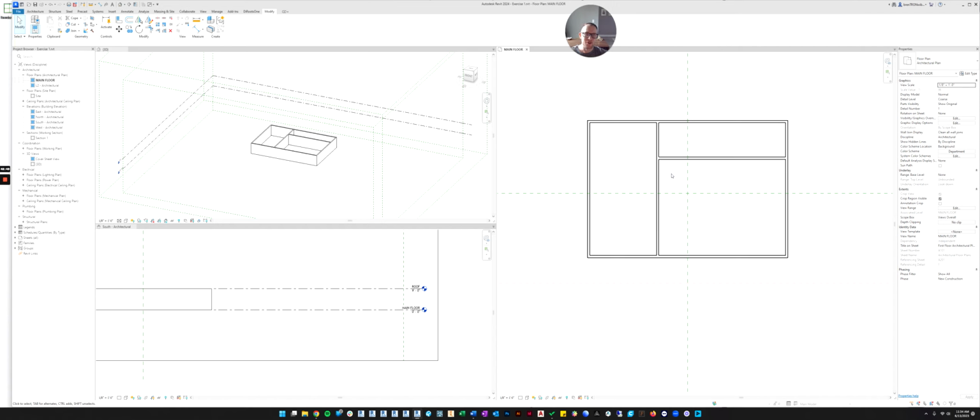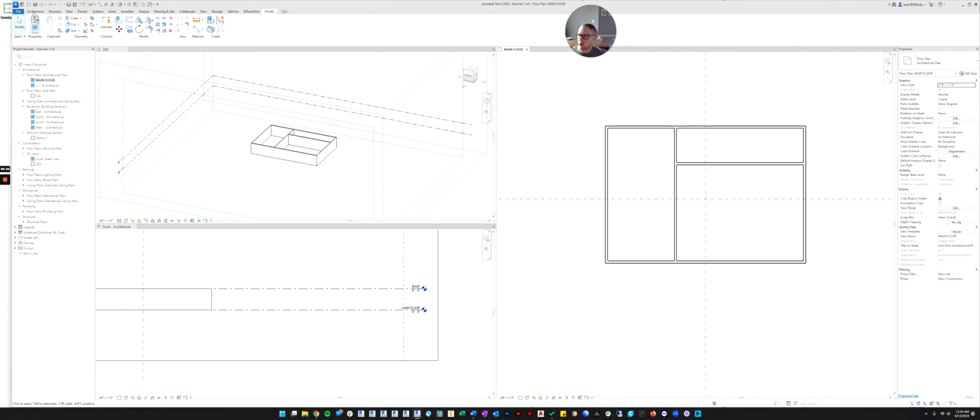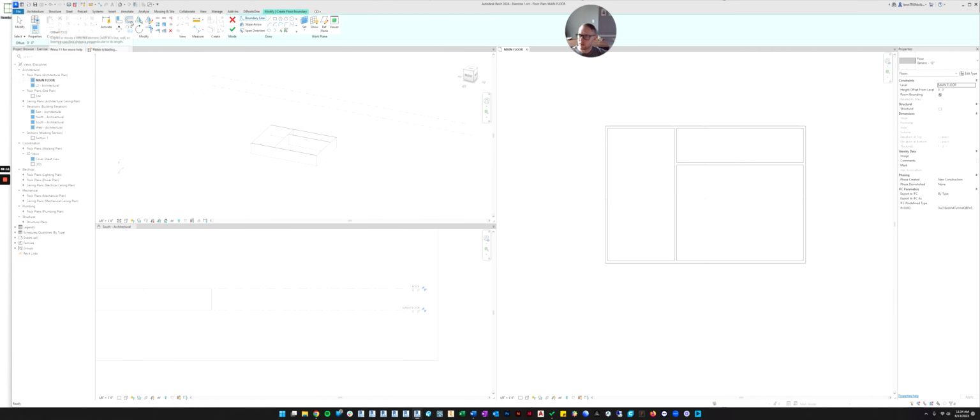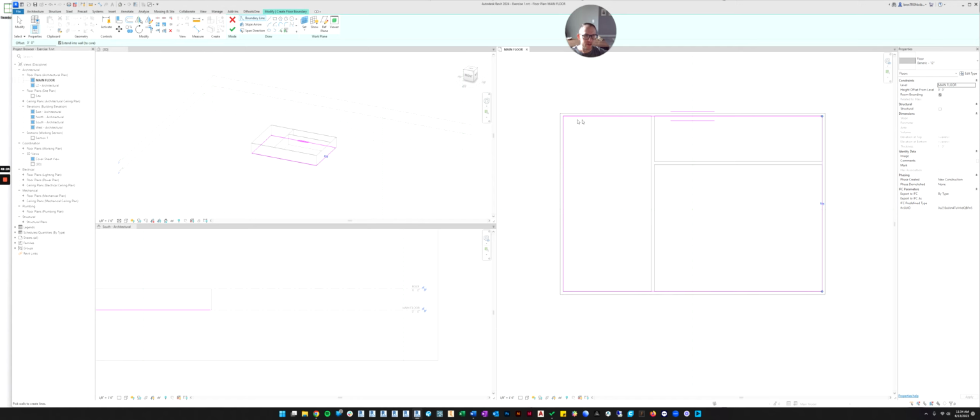All right, so far we haven't done a lot. We've drawn walls. Let's start looking at how we're going to draw the floor and the roof, and then add windows and doors and a ceiling. Okay, let's go back to our architectural tab, and let's look for floor right here. So if you click the floor command, it immediately starts you in the floor mode. And what it does is it'll allow you to select the walls. And you see how it draws a purple line for where it wants to put the floor?